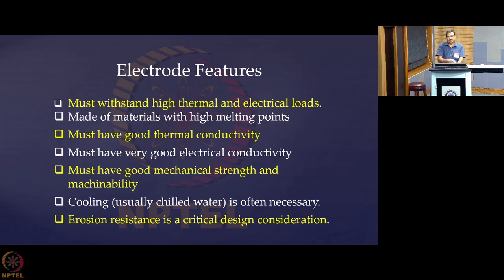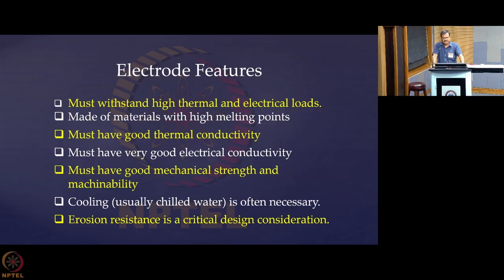Now, for taking away the heat, you must have good thermal conductivity of the material. If it is not there, then the heat will accumulate in the bulk of the material and it will make them melt. Now, they must have good electrical conductivity, that is another requirement, because poor electrical conductivity means very high resistance, and as you pass very high current, that resistive heating itself will produce so much heat that will make the material melt. That is what we do not want.